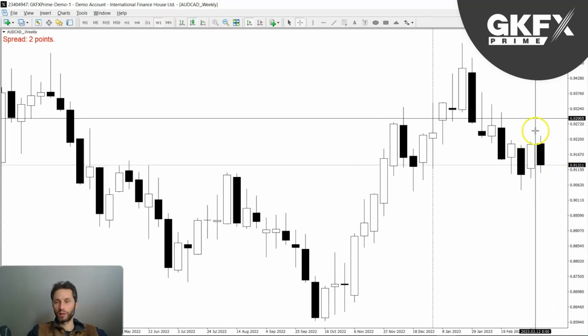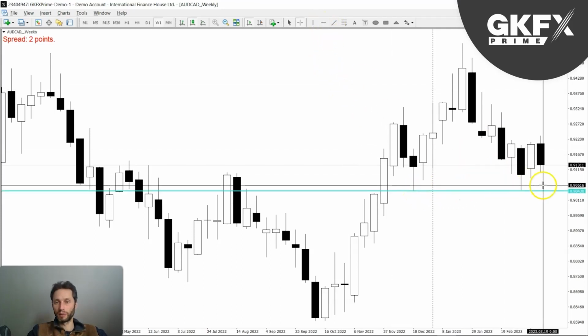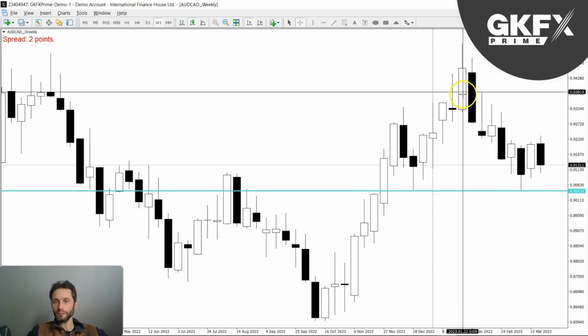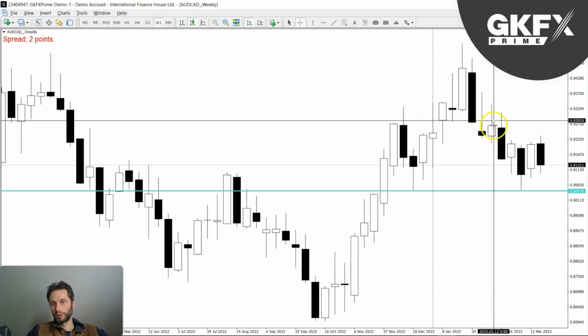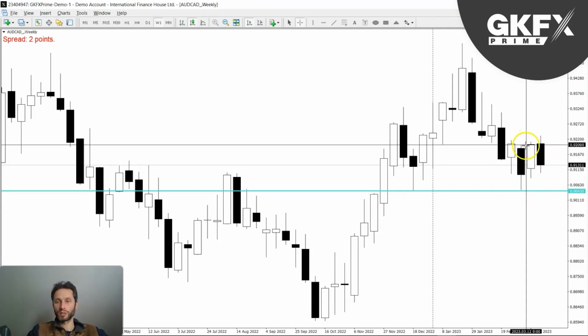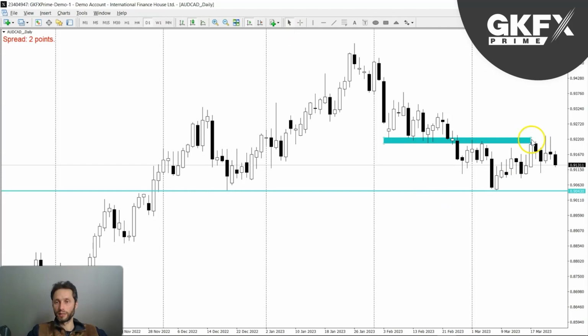So once again, I usually look at the weekly time frame, and a similar kind of picture. You have this level down here, which we bounced off this area, and the price action was not very strong. We had this bearish week and then a brief pause to the upside, and then once again bearish. And then last week we continued bearish once again, similar to the Aussie dollar. So if you look on the higher time frame, you can see this area right here being respected, so to speak. Coming down into the daily, we can see that we've gone through it, left a wick, and now it looks like we are moving further into the downside.